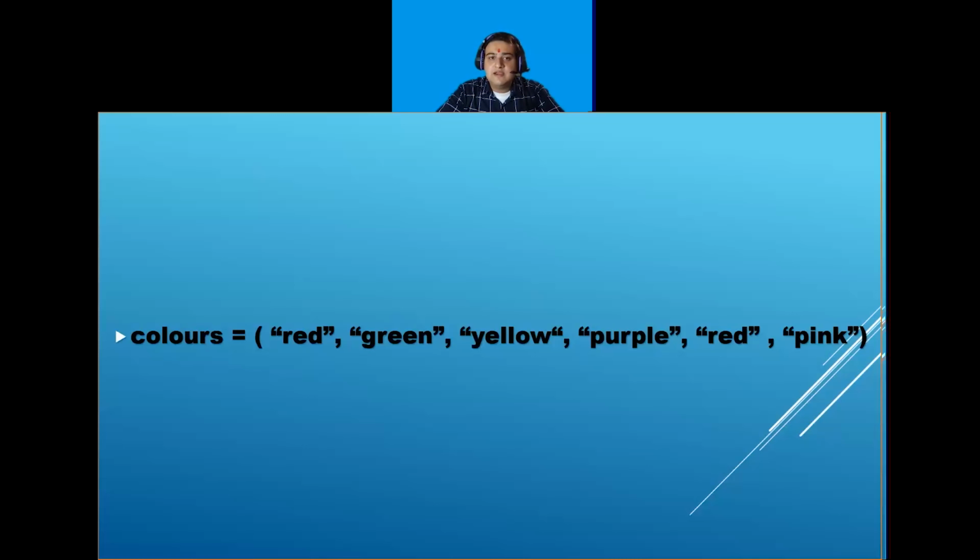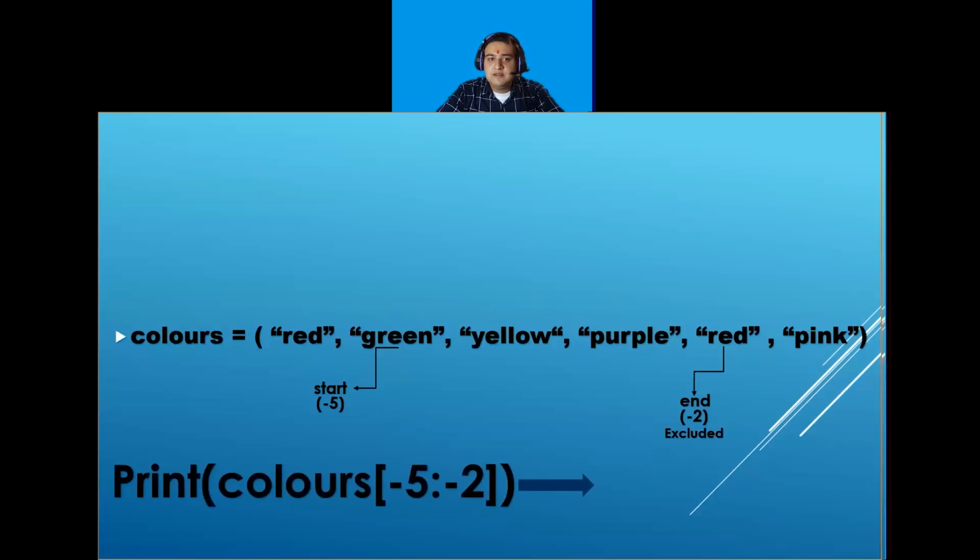So my start index will be minus 5 and my end index will be minus 2, which has to be excluded. So I will write print and I will call the variable which is colors, and I will mention the start index as minus 5 for green and the end index as minus 2, and it has to be excluded. So my output will be green, yellow and purple.